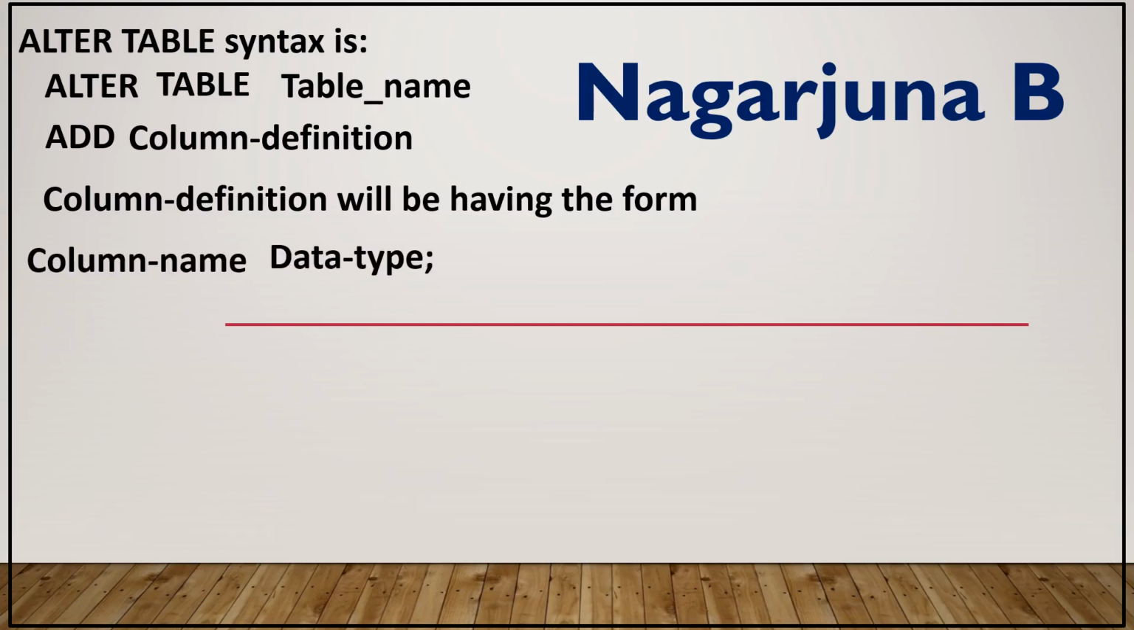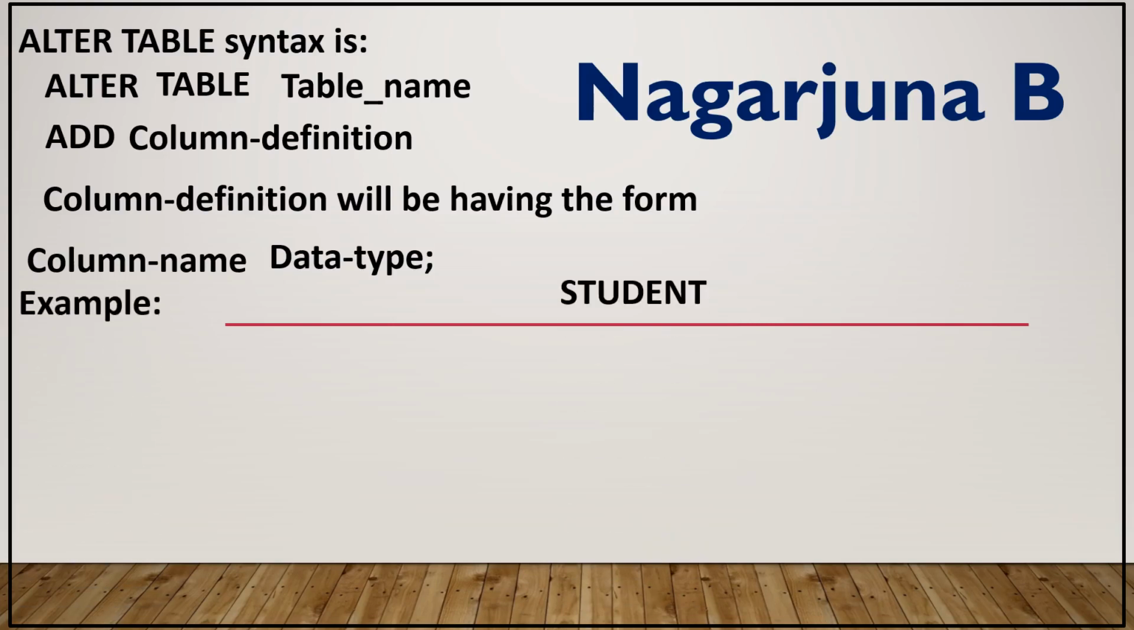So here we will not be specifying constraints such as not null, null, unique. Those cannot be specified. We can just specify the name of the column, that is the attribute name, and the domain of the values, that is the data type. Example,